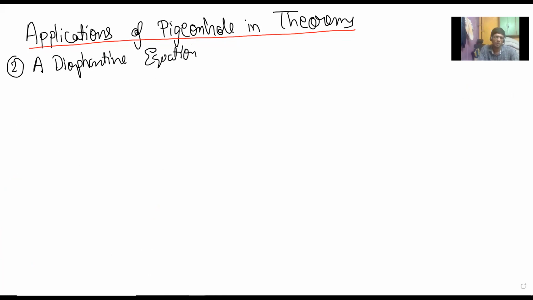What do we want to say? A Diophantine equation means that you have an equation in which you are looking for integer solutions. Let's say I give this equation: 2x plus 6y equal to 1. You're looking for integers x and y which satisfy this. Find the integer solution. Can anyone find integer solutions to this? You want integers x and y which will give you this 1.